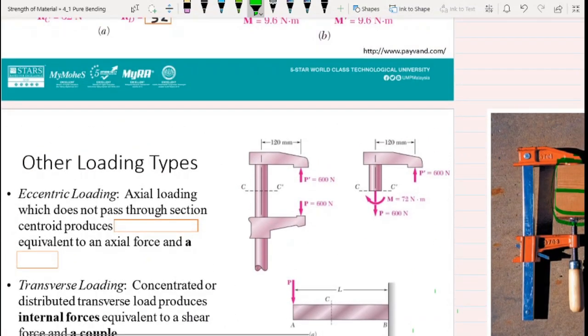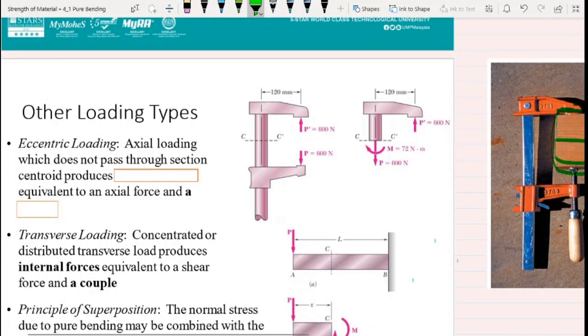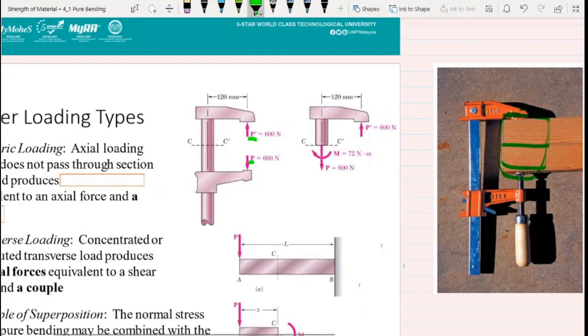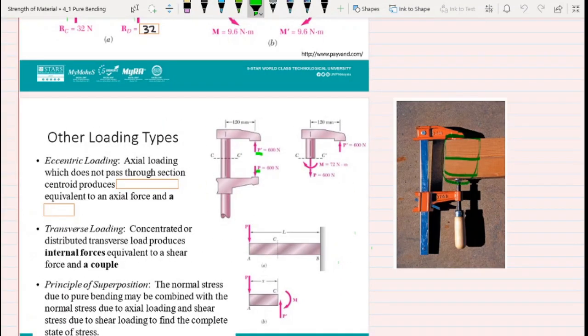This figure shows the equal and opposite forces exerted by the lumber on the clamp. So we have P prime and P. These forces result in an eccentric loading of the straight portion of the clamp. So we can say that in the figure